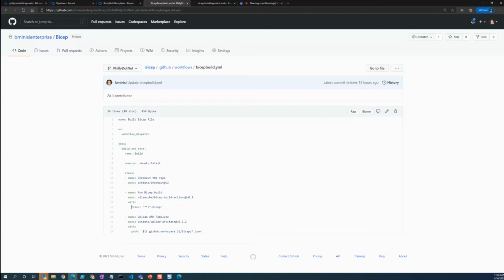So all we have to do is tell it where our Bicep file is. In this case, we only have one Bicep file, so we're just going to say find any Bicep file within our repo. But you want to get more specific if you have multiple Bicep files within your repo. And then the other thing we're going to do here is upload our ARM template into our drop folder.